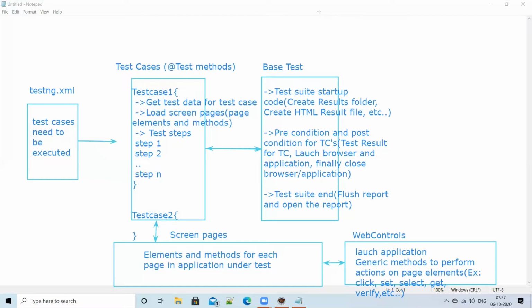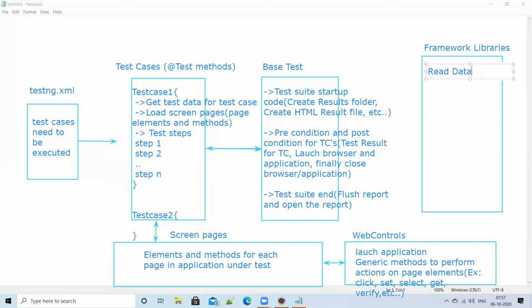There are different libraries, and all those libraries we are also using. So there are other framework related libraries, like reading data, in other words Excel.